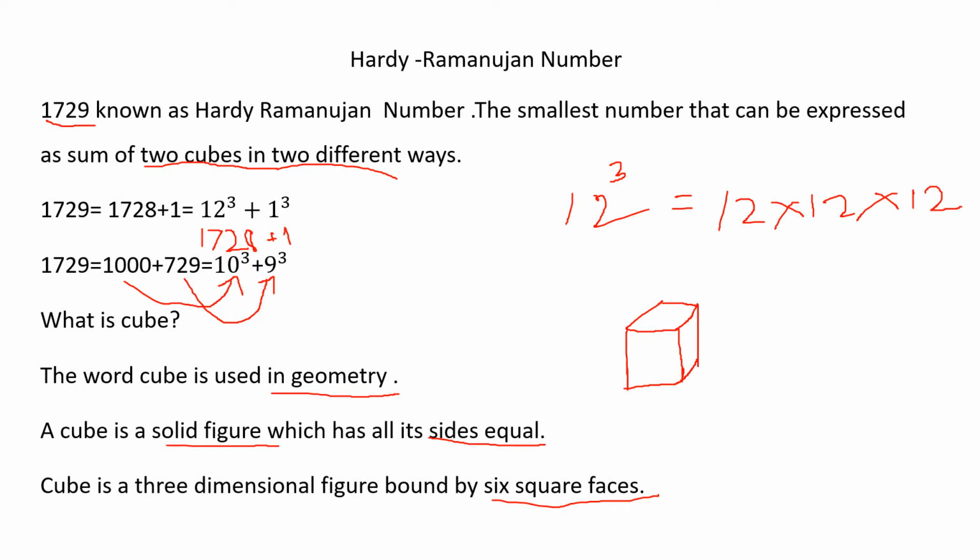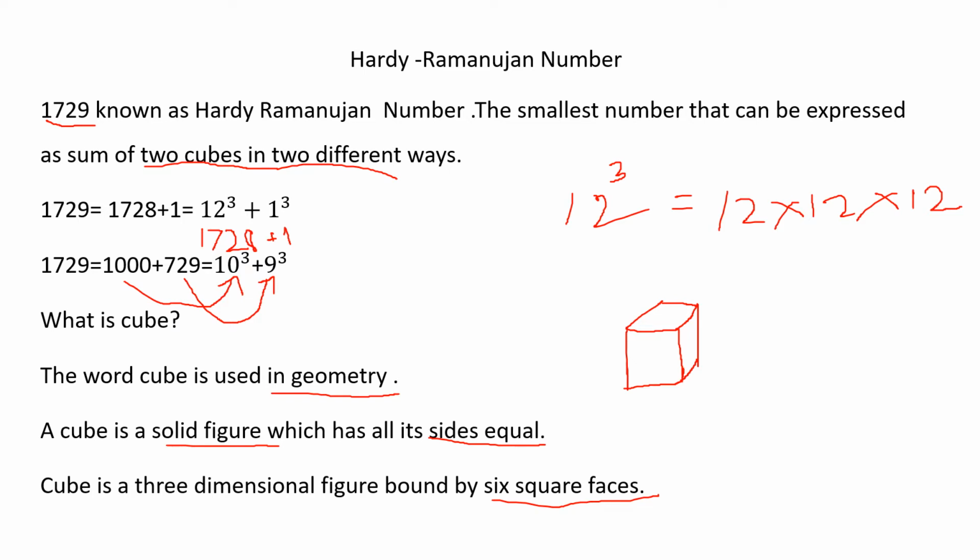Can you say a real-time example of a cube? Just think and say. You can see some object in your home, right? Find out and write it down. That is also an activity. Write any three objects that represent a cube. In your house it is there, right? You can look around and write any three objects that look like a cube. One example is a dice. Have you seen that snake and ladder dice? It is a cube, right? So like that you can write some examples. So we have learned about the Hardy Ramanujan number, the magic number, and we have learned about the cube.